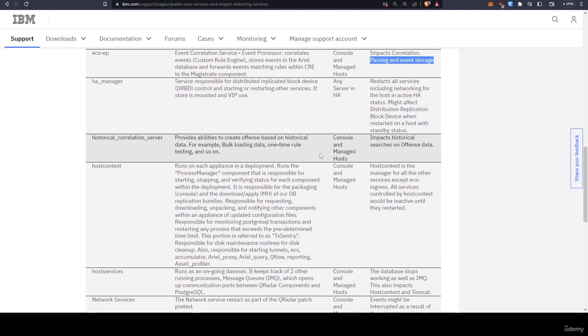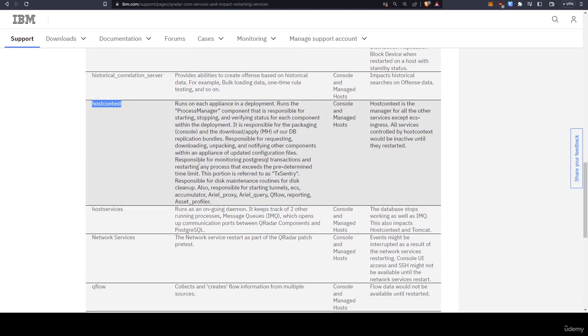The next one would be host context, right? This is a long one. So the host context runs on each appliance in the deployment, right? It runs the process manager component that is responsible for starting, stopping, and verifying the status for each component within the deployment. It is responsible for the packaging and download of our database replication bundles.